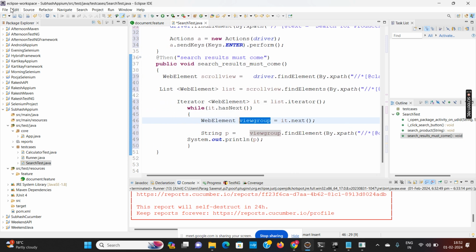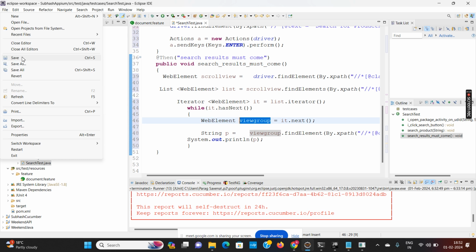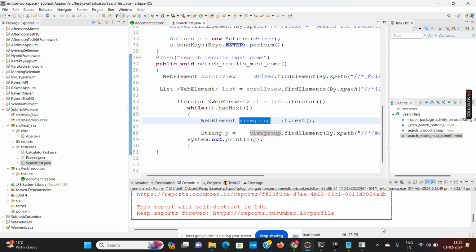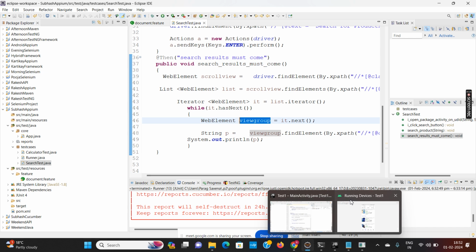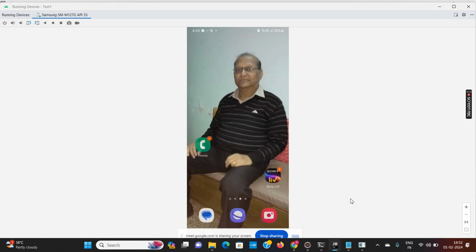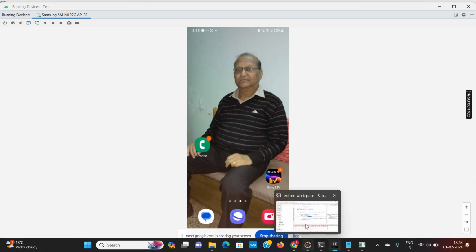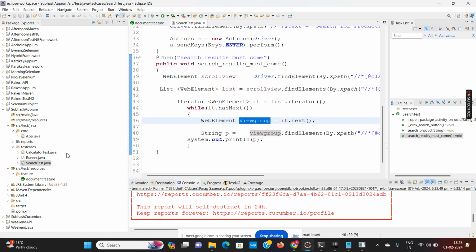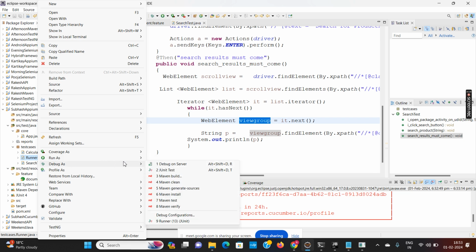So let us run and check. So again I will close my app and run the runner class again. Runner class, run as JUnit test.